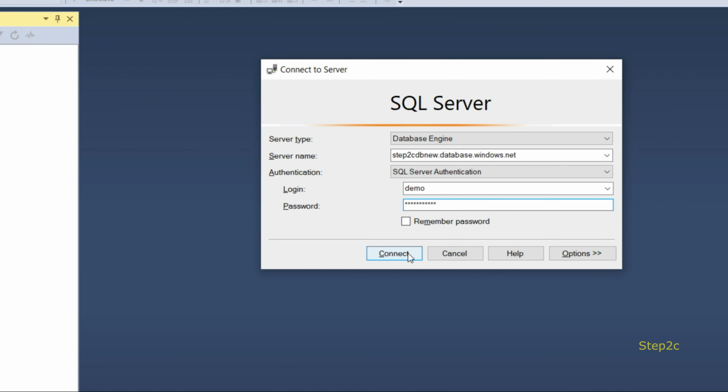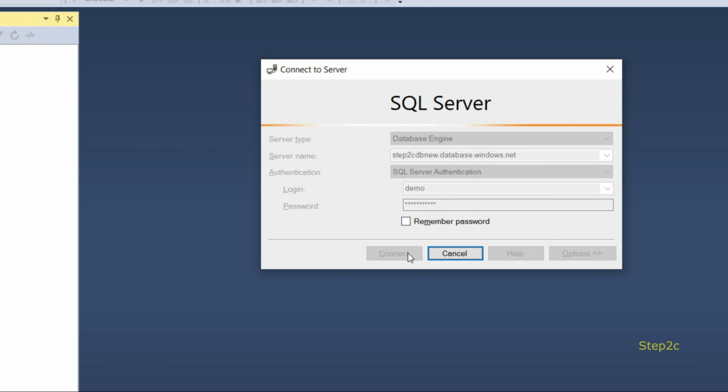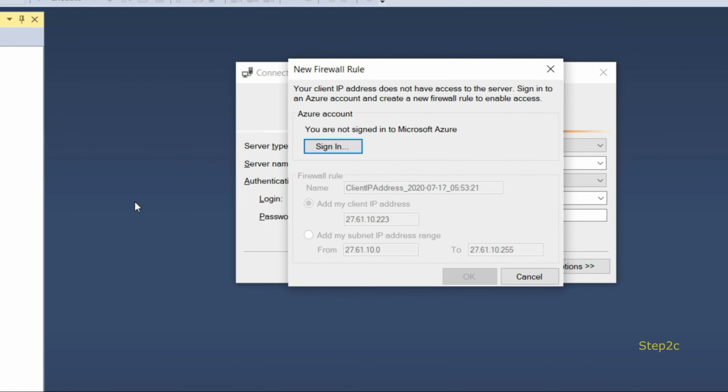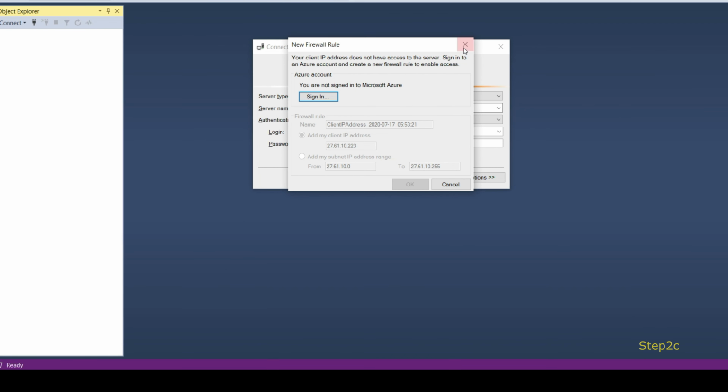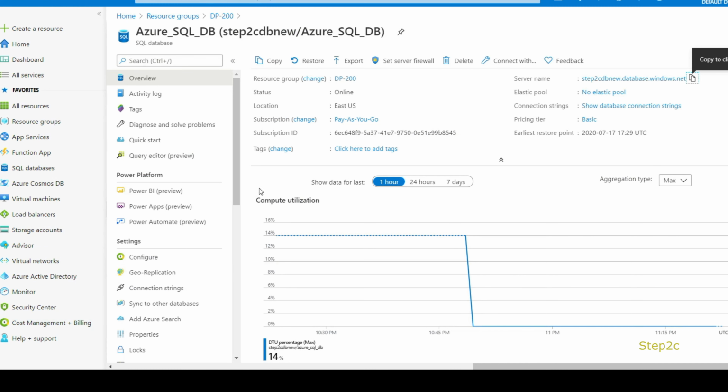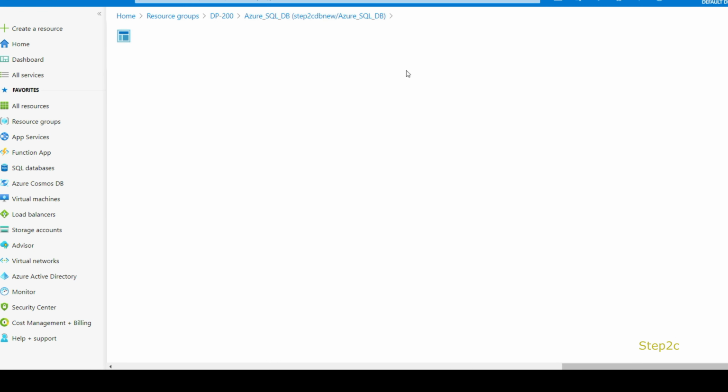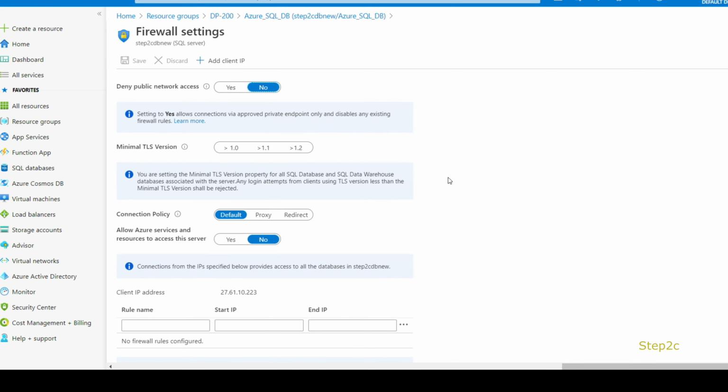And for the first time you will get an error because of the firewall. So let's see the error. You could sign into your Azure portal and allow this IP to access your Azure, or you could cancel this one and go to the portal and click on set server firewall, and we have an option to add client IP, and you could see our client IP is added.